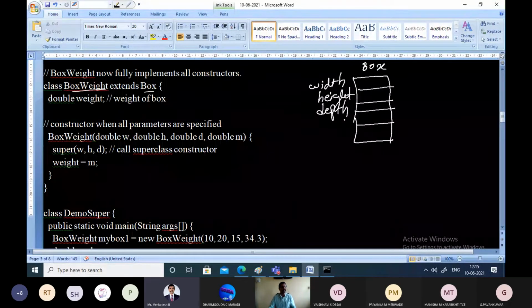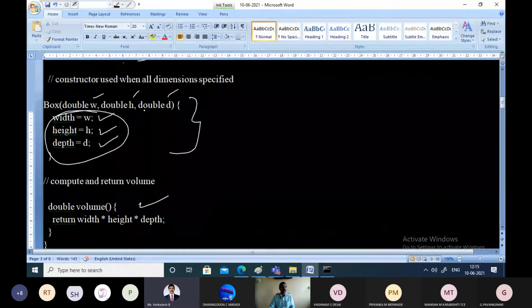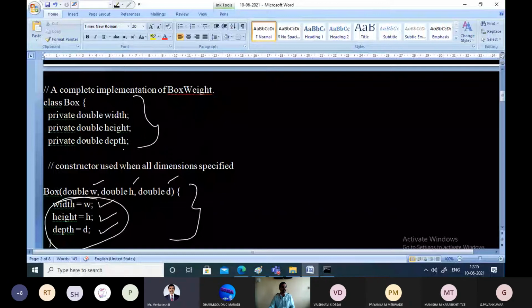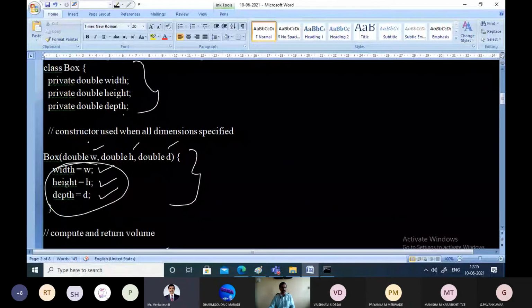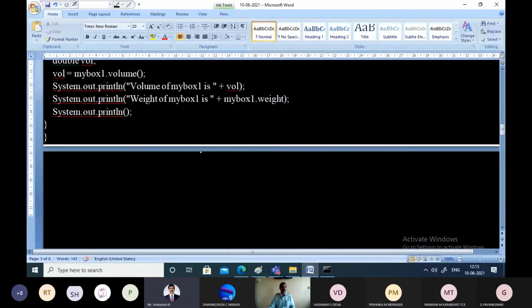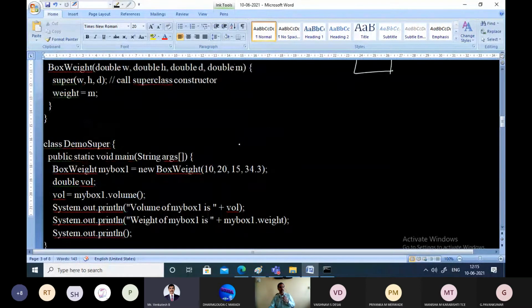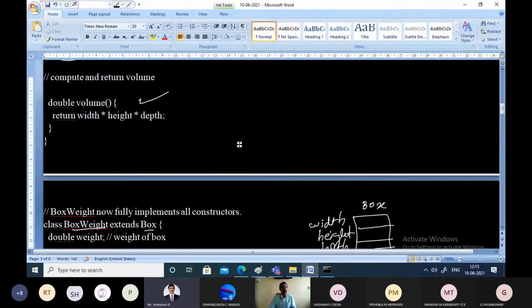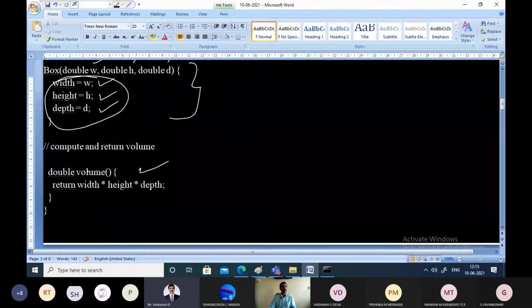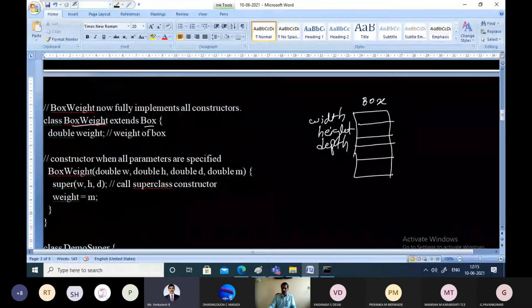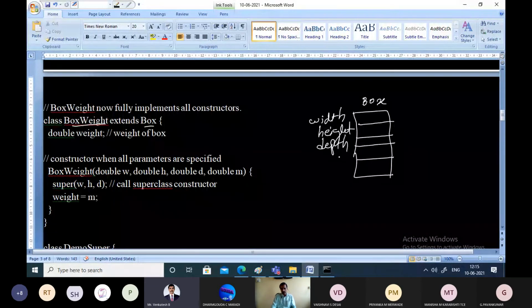Along with that, it has one box constructor, and it has one volume function. So just pictorially, I'll represent it. That is one volume function and the box constructor. This is the notion of the box object or box class.